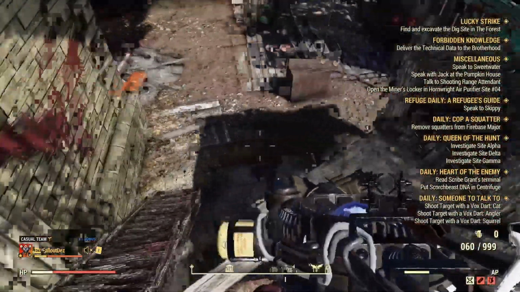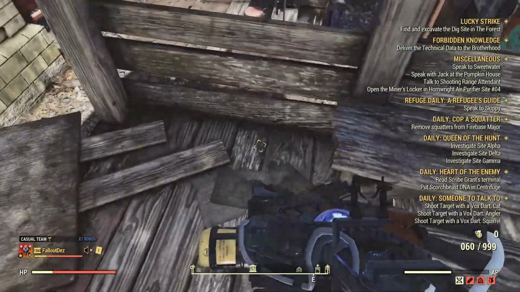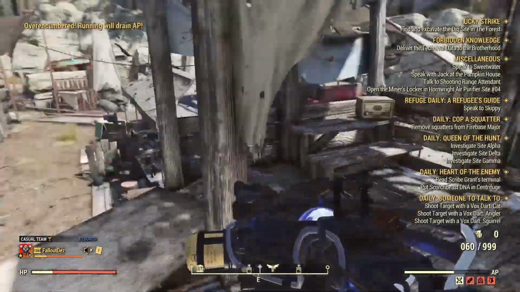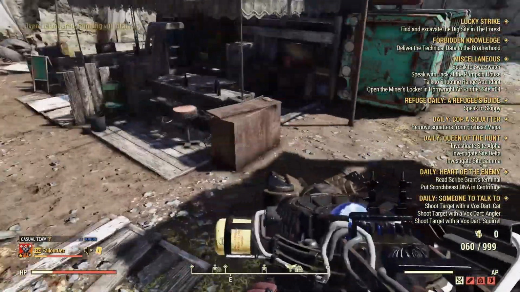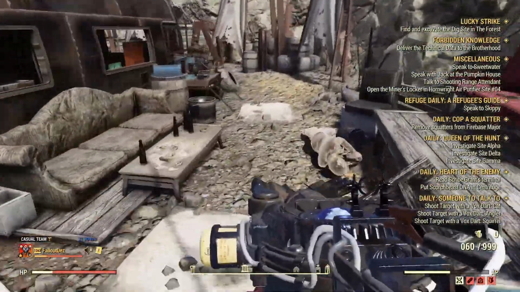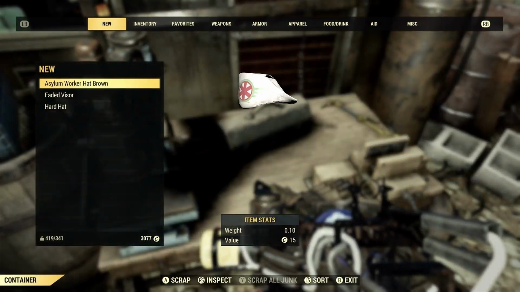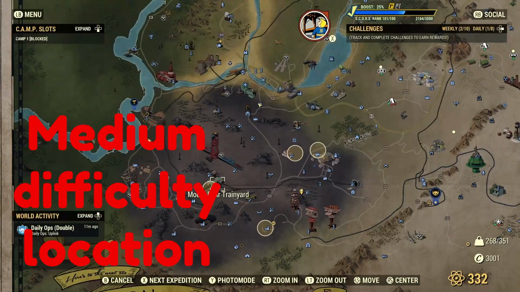Okay, so underneath here you can see you've got some bench weight training stuff. Okay, come out of there. Okay, go down the steps, and then you've got the bench on the left hand side for you to scrap it. Scrapping means it goes lighter, so you can carry more stuff. Okay, next one is going to be